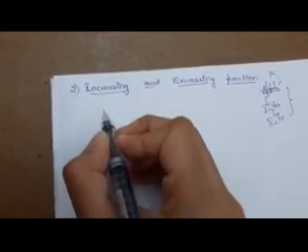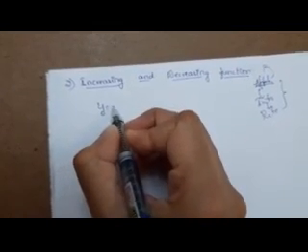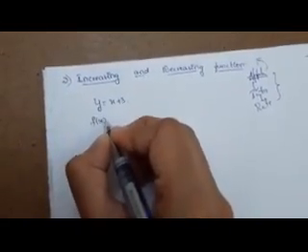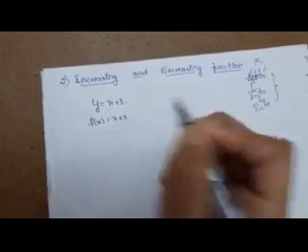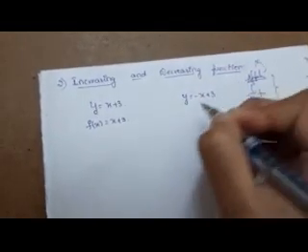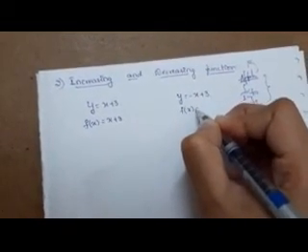Increasing and decreasing function means, before getting into the detailed concept regarding this one, first I will give some foundation to increasing and decreasing function. So first I will consider two functions. Say y is equal to x plus 3. Let this be one function. I can also write this function as f of x is equal to x plus 3. And another function which I am considering is y is equal to minus x plus 3. I can write this function also as f of x is equal to minus x plus 3.